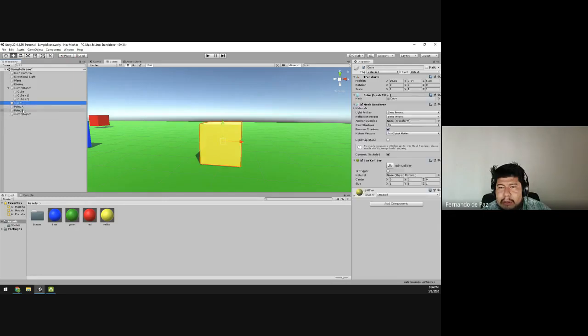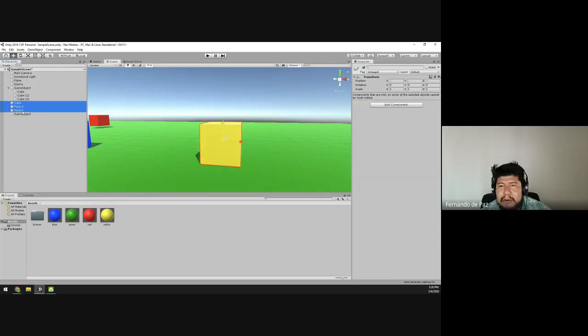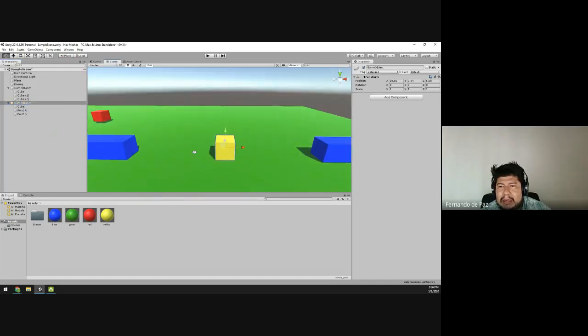And then click the 3 objects, point A, point B, and cube, and then drag it inside the game object. So now this becomes the parent. Here we're going to rename this. I don't like it to be called just game object. So I'm going to call this moving